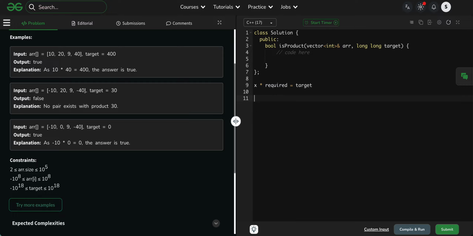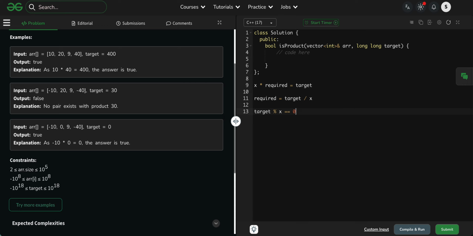So x into required is equal to target, right? And required is equal to target divided by x, and target modulo x is equal to 0, right?